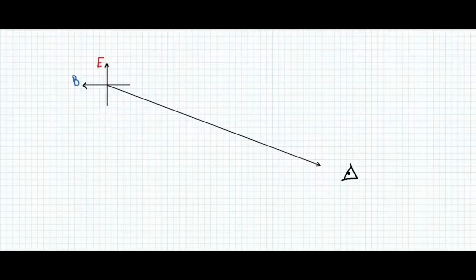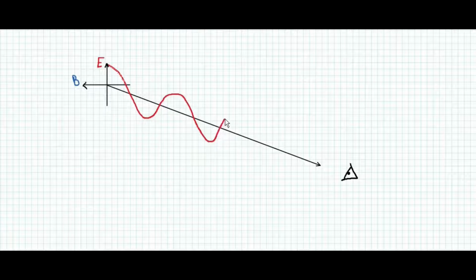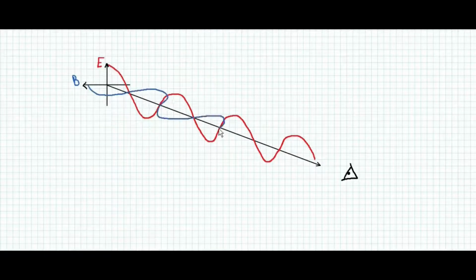Well, here I've got a very simple sketch of an electric field and a magnetic field for an electromagnetic wave. The electric field varies sinusoidally over time as the wave is transmitted through space. The magnetic field also varies in the same way. And it is the electric field component that we are interested in. The electric field component, which here is shown vertically, is the field that we polarize. The magnetic field component will always be at right angles to the electric field component, but we're not as interested in